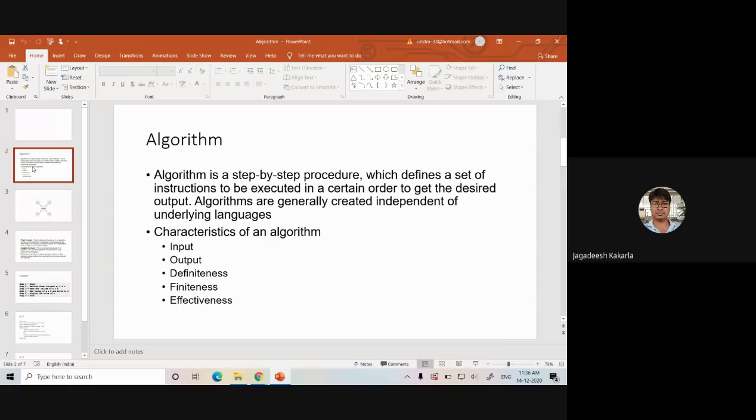Am I right? Now, similarly, an algorithm is also a solution to a problem. You can ask me what the problems are here. Now I want to perform the addition of two numbers. That is a problem, and you know the solution. Similarly, I want to find the roots of a quadratic equation. That is a problem. I want to find the solution. Similarly, I want to find the factorial of a number. That is a problem. How can I find the solution?